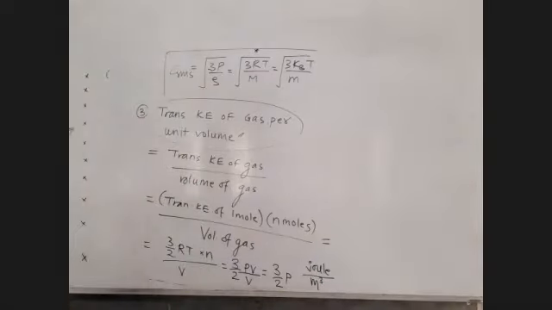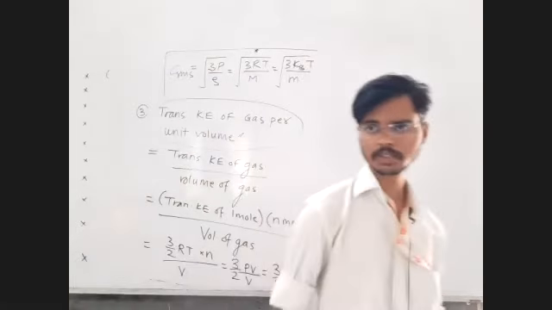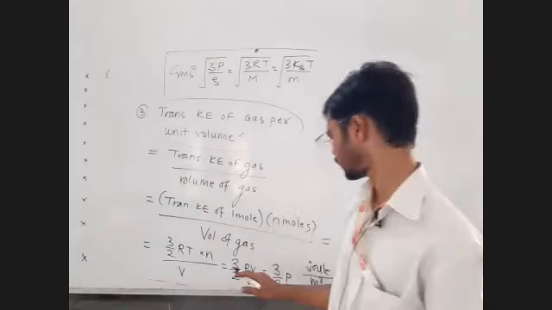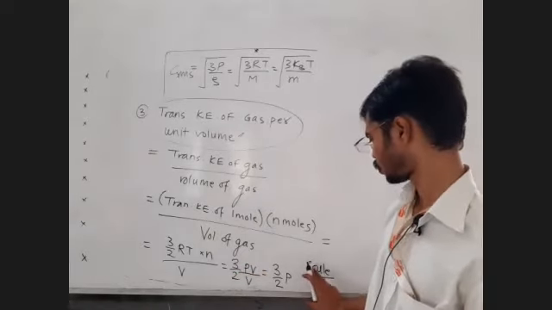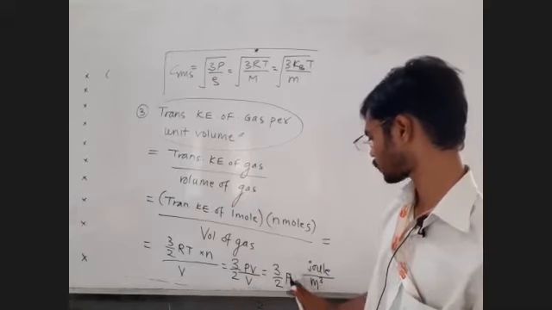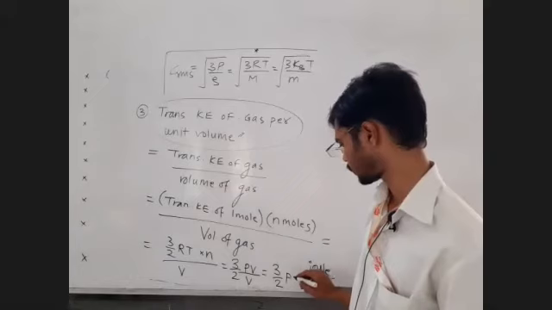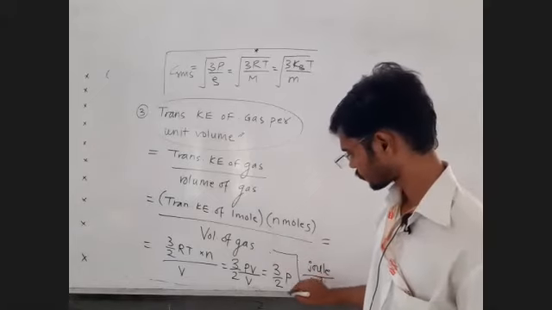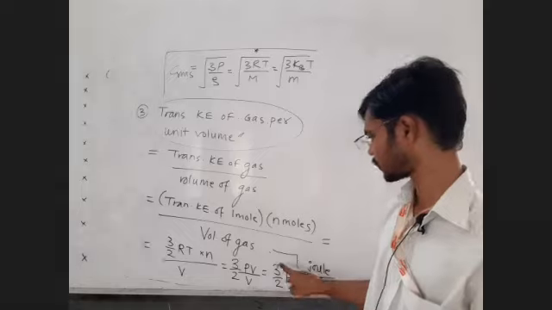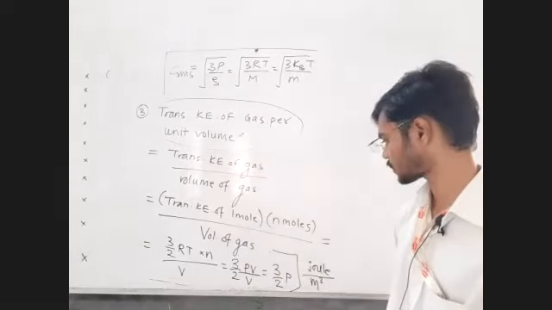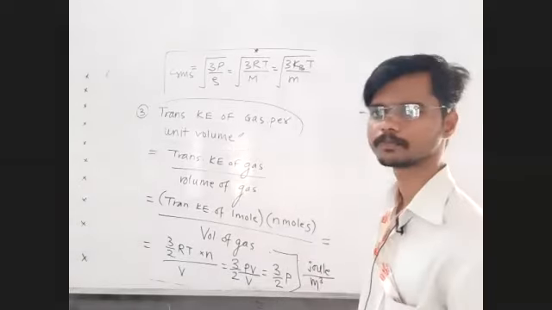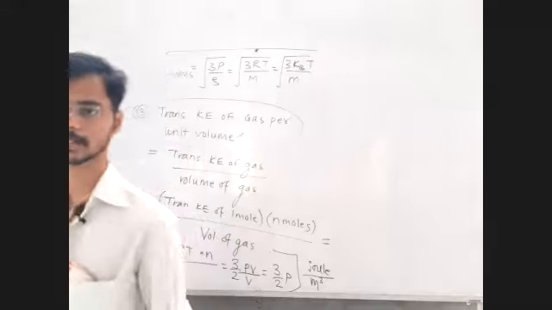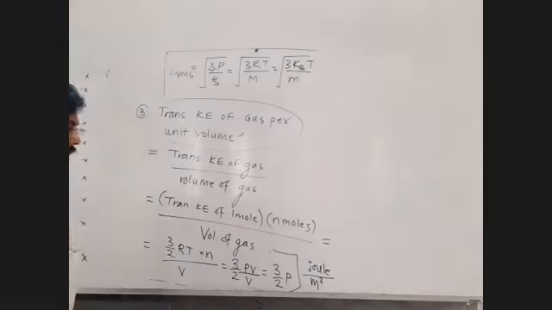Okay. Don't write it as Newton per meter square. It is a form of energy. It should be written as energy per unit volume. I know joule per meter cube is Newton per meter square or Pascal, but don't write it as Pascal. Unit of this 3 by 2 P, you shall write it as energy per unit volume, kinetic energy of a gas per unit volume. It is 3 by 2 of P, that is joule per meter cube. Don't write it as Pascal. Don't write it as Newton per meter square. Write it as joule per meter cube. Fine.